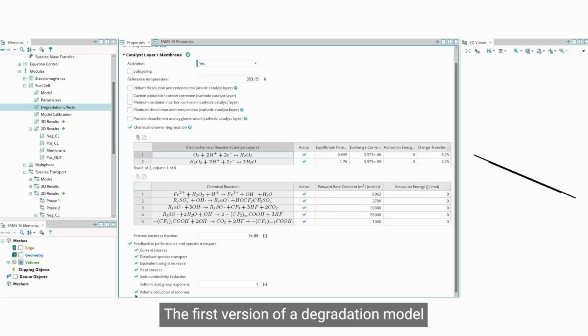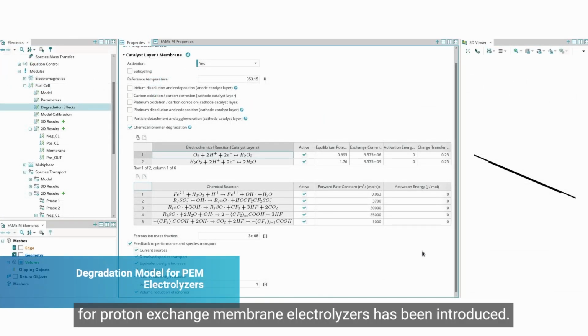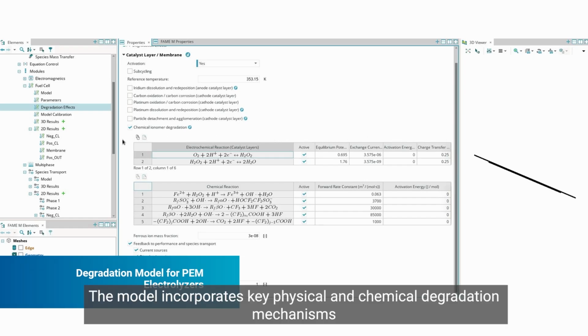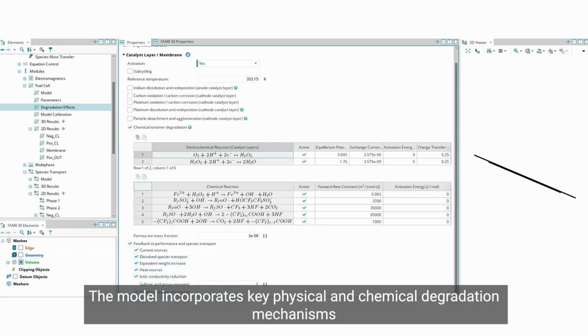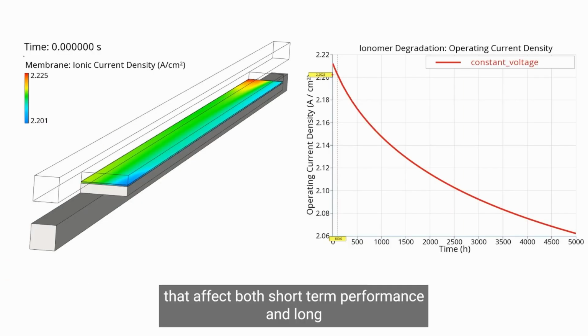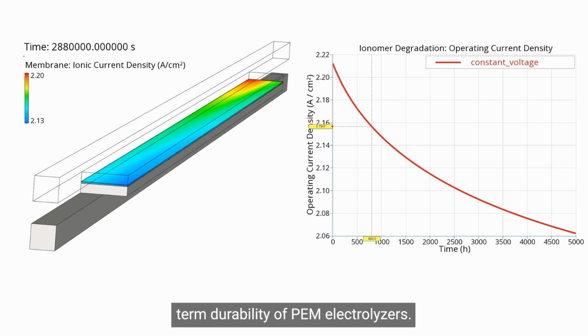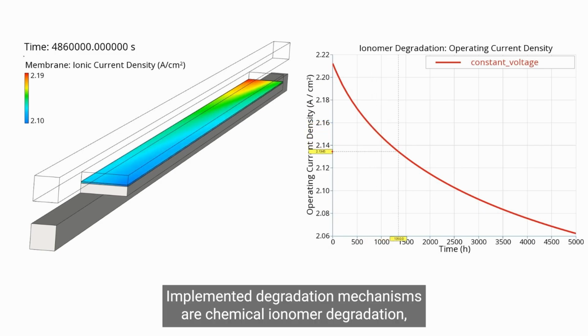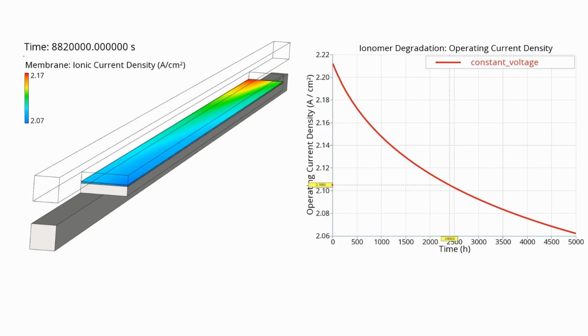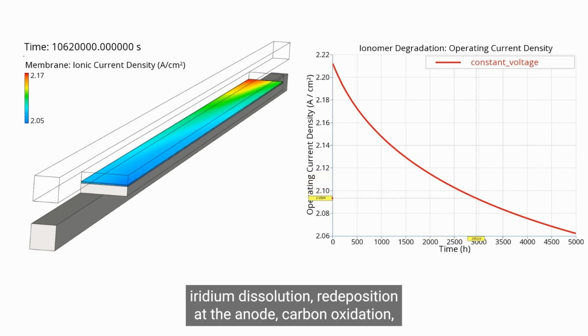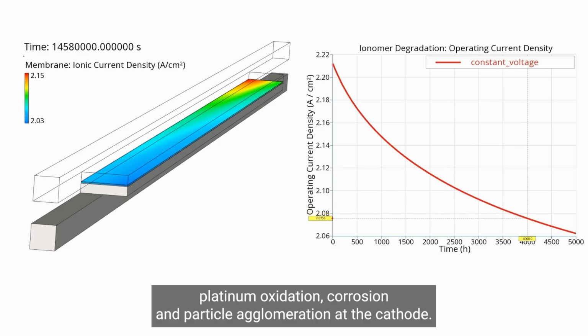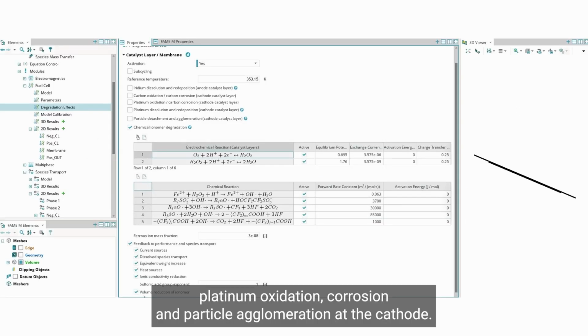The first version of a degradation model for proton exchange membrane electrolyzers has been introduced. The model incorporates key physical and chemical degradation mechanisms that affect both short-term performance and long-term durability of PEM electrolyzers. Implemented degradation mechanisms are chemical ionomer degradation, iridium dissolution, redeposition at the anode, carbon oxidation, platinum oxidation, corrosion, and particle